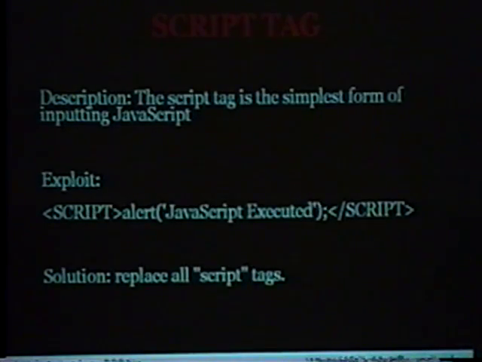So the first one, let's start very basic on how to get a cross-site script to work or to implement it. These are tags you shouldn't allow, but if one gets through... I'll give some real examples of these, but for now we'll just go over the theory. The script tag will easily allow you to get an alert JavaScript executed. For proof of concept without actually exploiting the system, I've already done all the aftermath tricks so many times that if I can simply get an alert window through, I know I can do everything else. So these are just my simple proofs of concept. The expression alert is executed with a simple script tag when it makes it through.